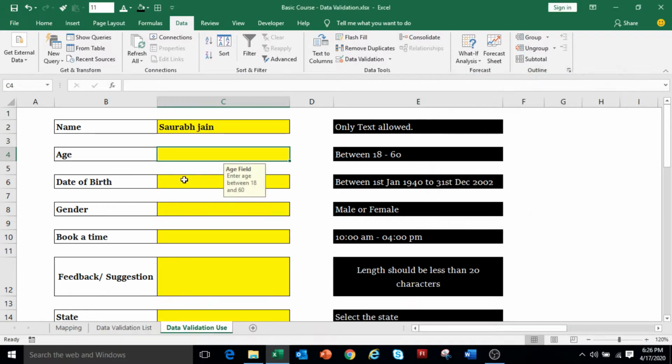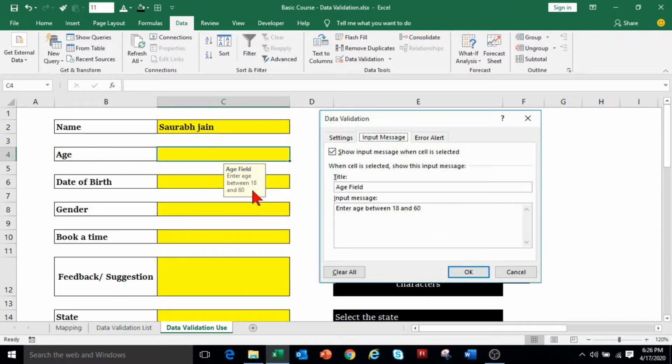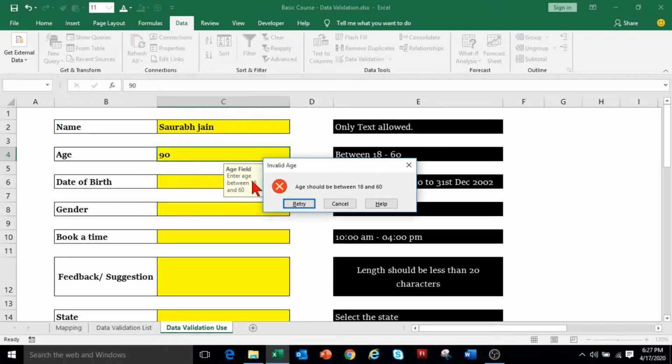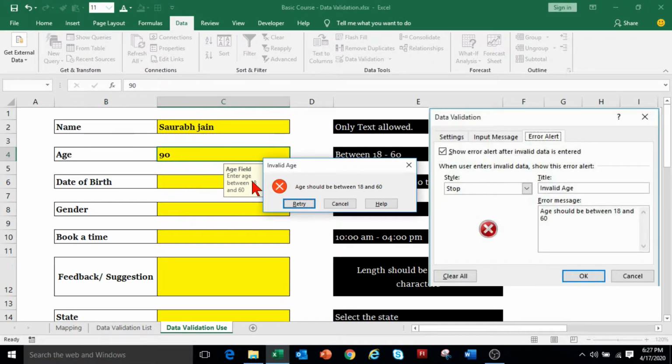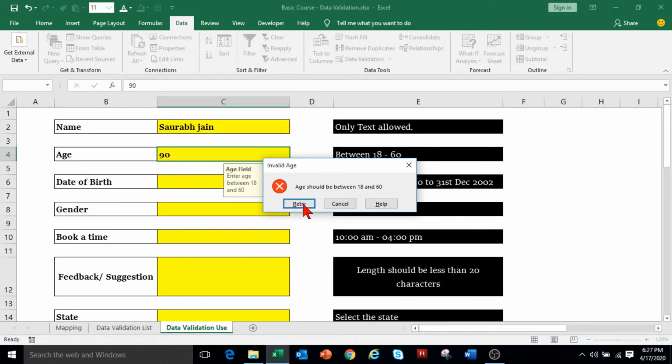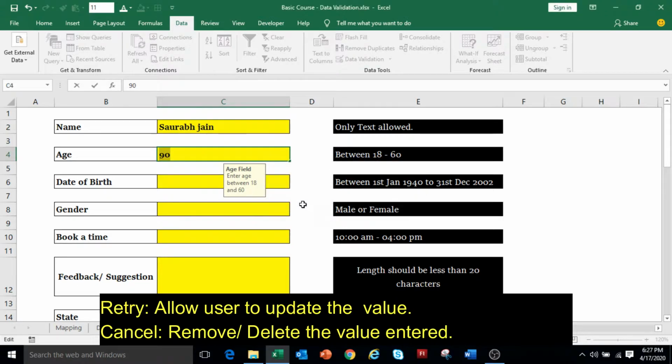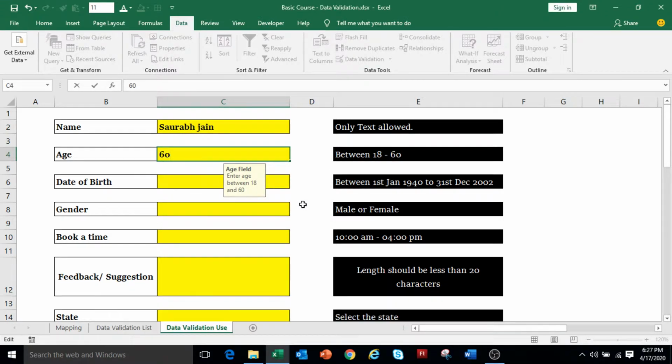Click OK. Now, when we are on the age field, the input message will be displayed to help the user. If I enter any invalid value and press Enter, the customized error message will be displayed. Again, the Retry option will allow the user to enter the correct value, so we can change the value and press Enter.